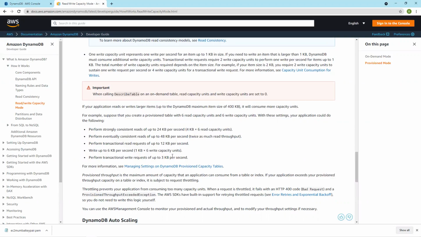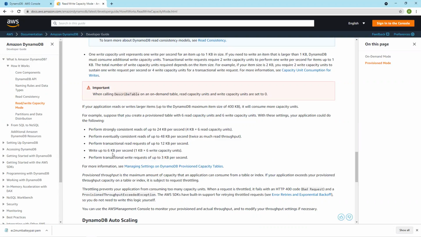If the write capacity is 1 kilobyte and you are writing only 500 bytes, the charge will be for one write capacity unit. One capacity unit means its throughput is equivalent to 1 kilobyte. You can write 1 kilobyte of data using one capacity unit.